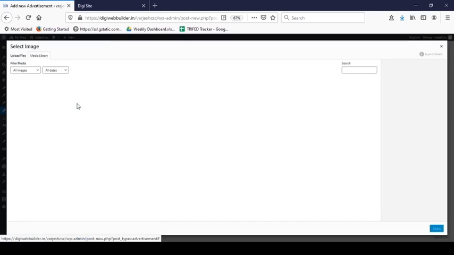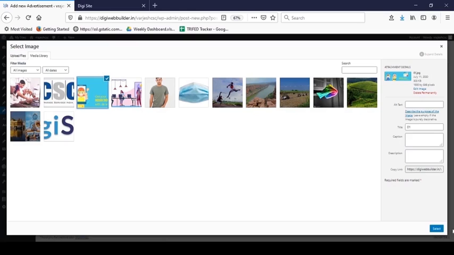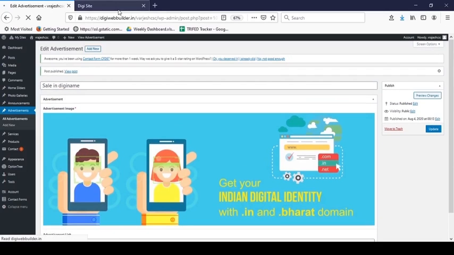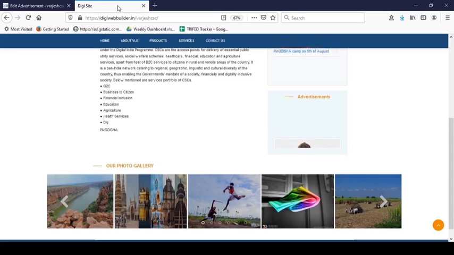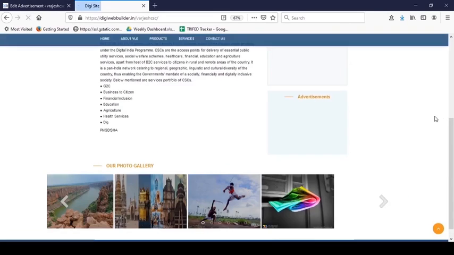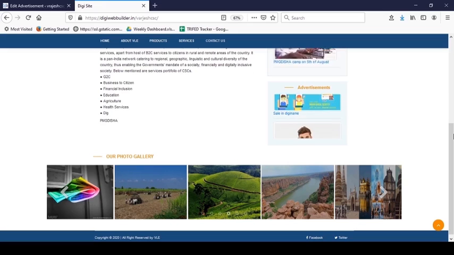Add image for your advertisement. Click on Select and Publish. To check the changes, go to the website again, refresh your website, and you can see that the advertisement has been added.